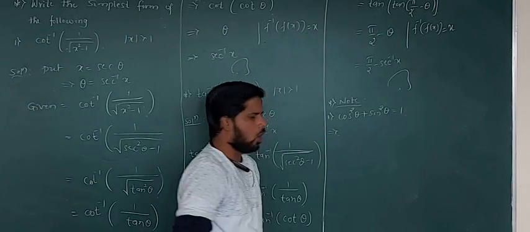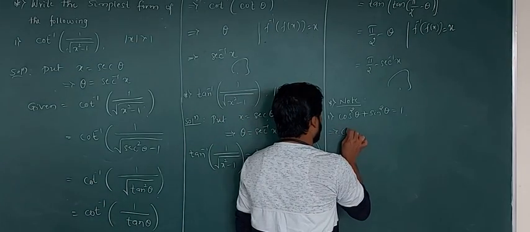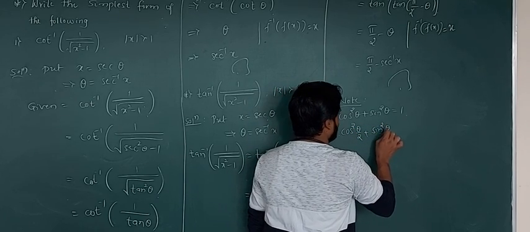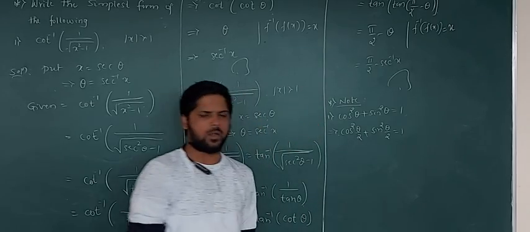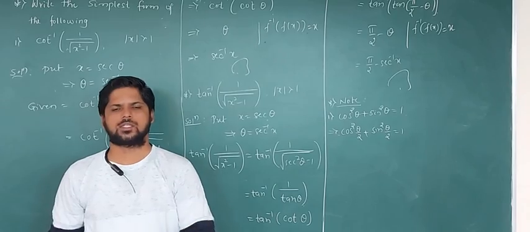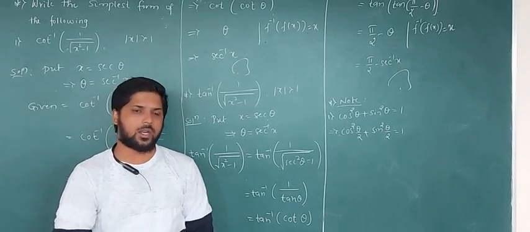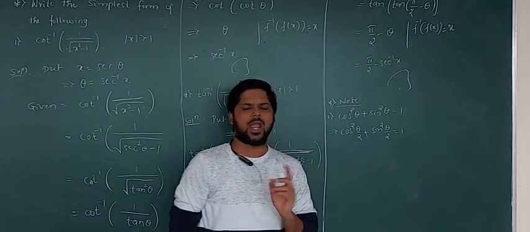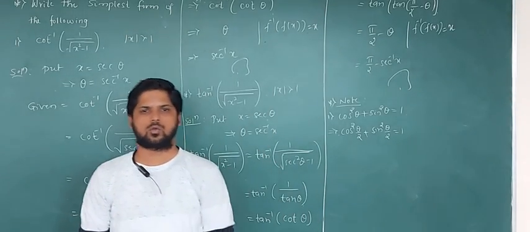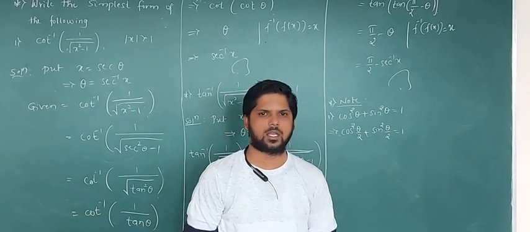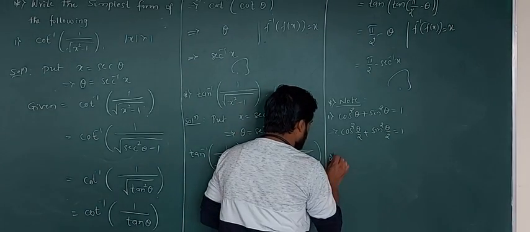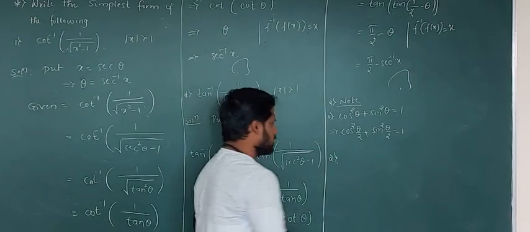This can also be written as cos square theta by 2 plus sin square theta by 2 equal to 1, because both the functions' angles are the same. Whatever it may be, it may be x or y: cos square y plus sin square y is also 1, cos square x plus sin square x equal to 1, cos square theta plus sin square theta equal to 1. Here the variable is the angle. Next, the second one: we know the sin 2 theta formula.